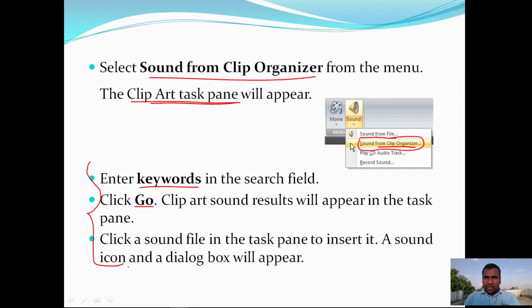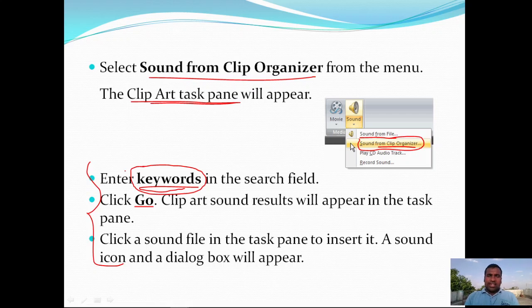You post a query as a keyword, and it performs a search among the available sound files and displays the sound files related to the keyword that we searched. It is going to display several sound files which satisfy the given search criteria.